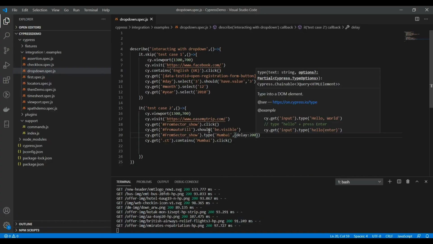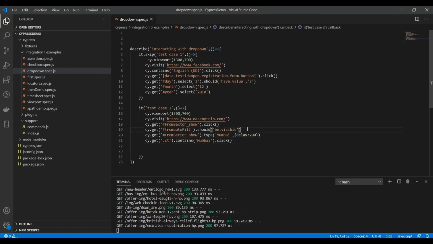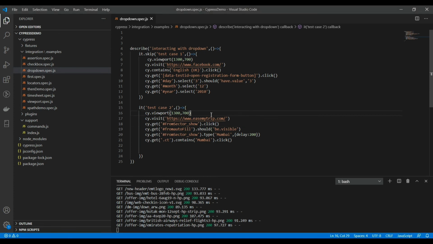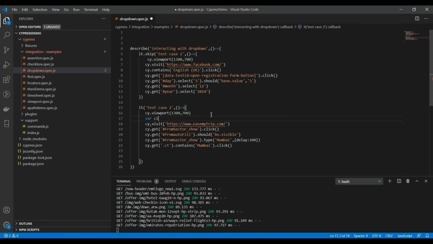Now maybe if I want to pass a city value which is not available in the top city list. Okay, so I can create a variable. That would be a better approach. So let's create a variable city and pass the city which we want to be selected.